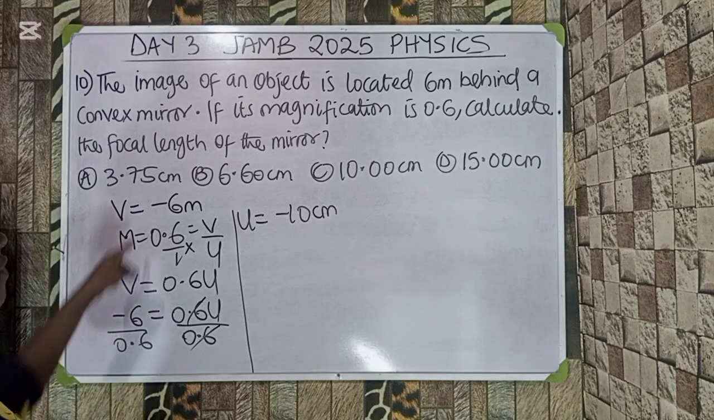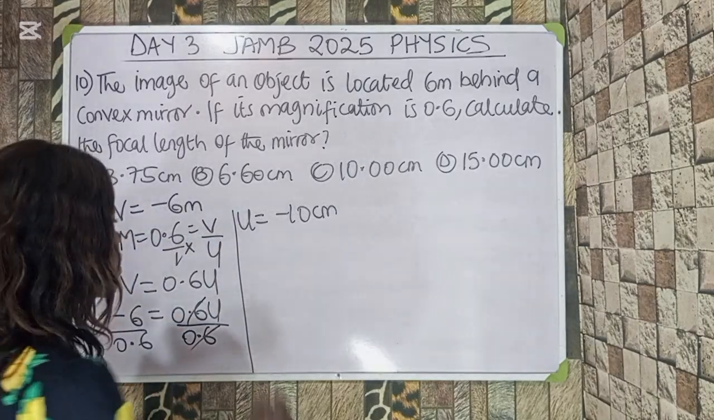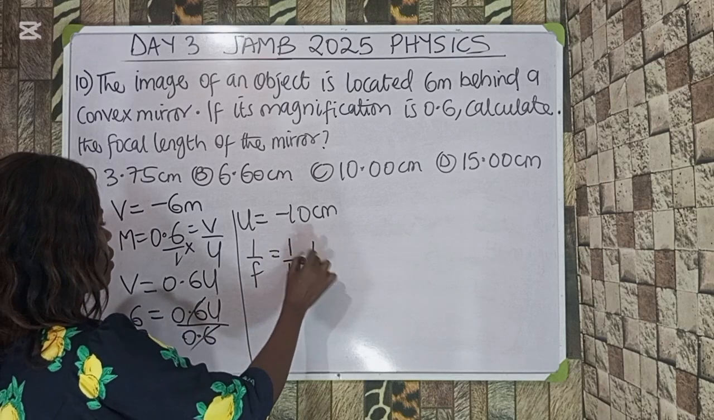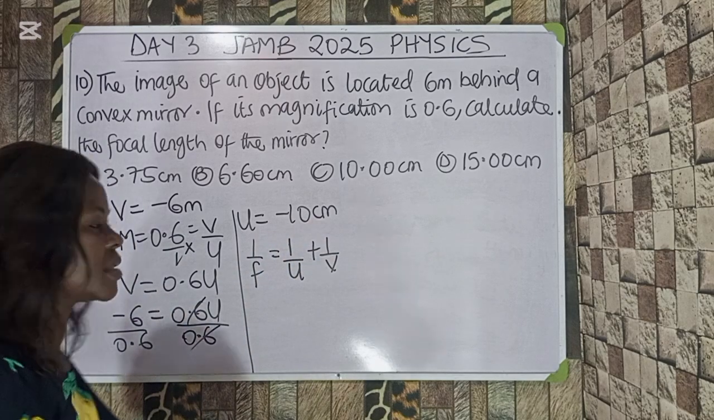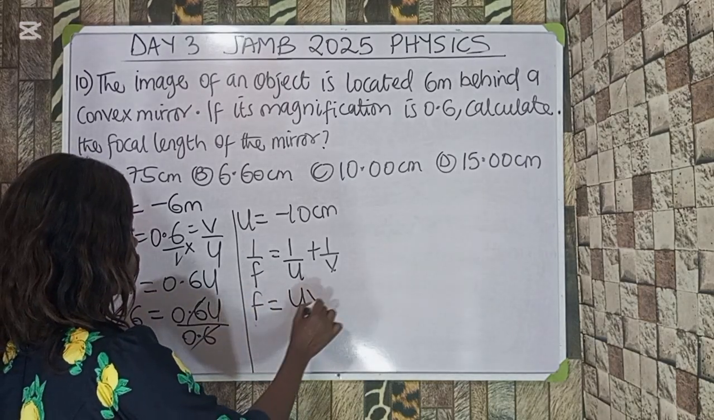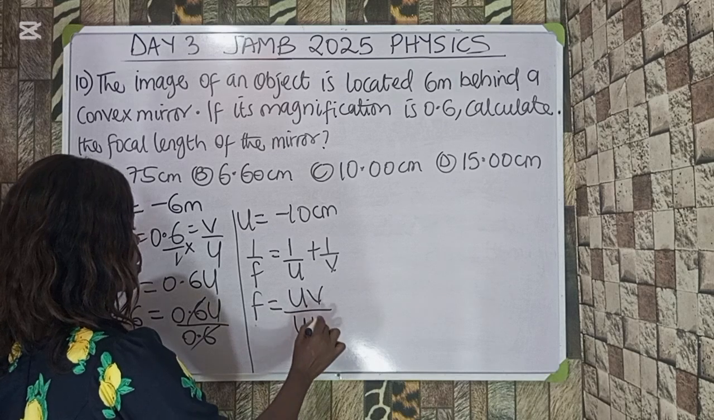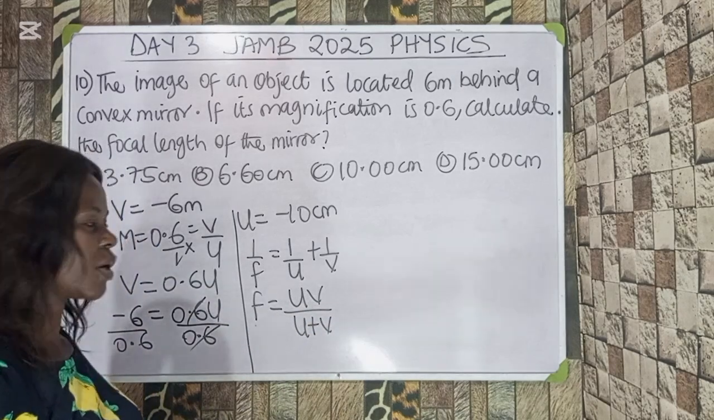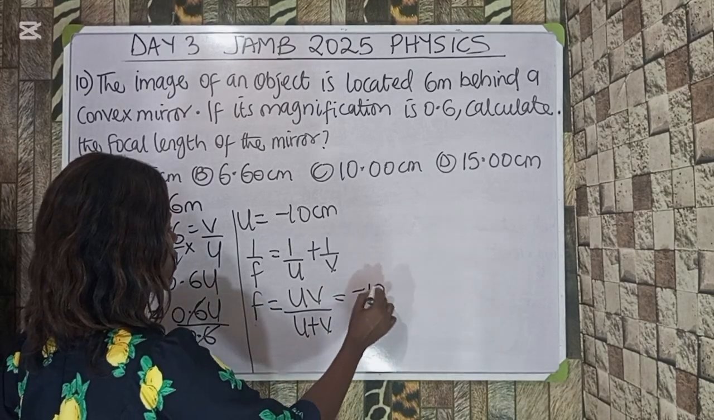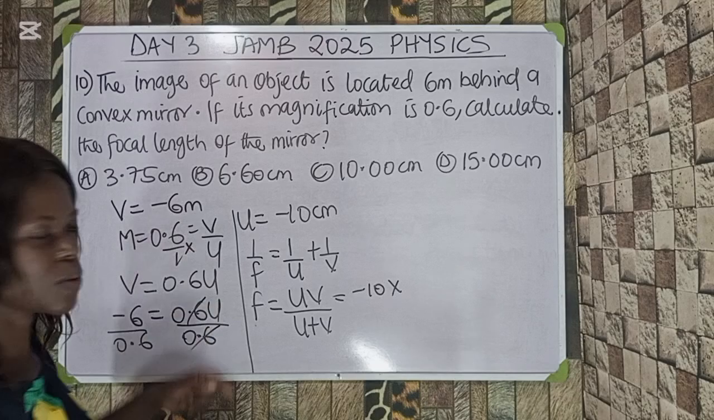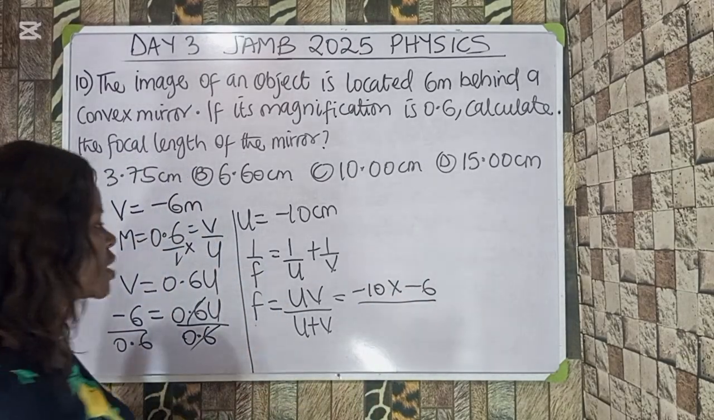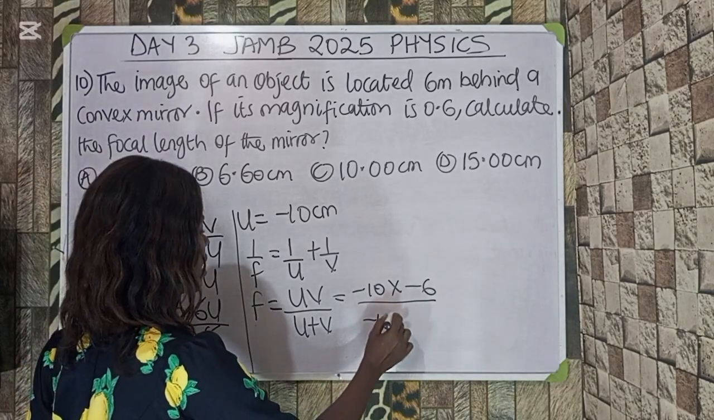Now let us go. We now have our V and we have our U. Let's solve for the focal length. So that is 1 over F is equal to 1 over U plus 1 over V, right? This mirror formula is the same thing as saying that the focal length is equal to UV over U plus V, right? So let's apply it and see what we have. What's my U? My U is minus 10. So this is minus 10 multiplied by my V, which is minus 6, okay? And divided by my U, which is minus 10,